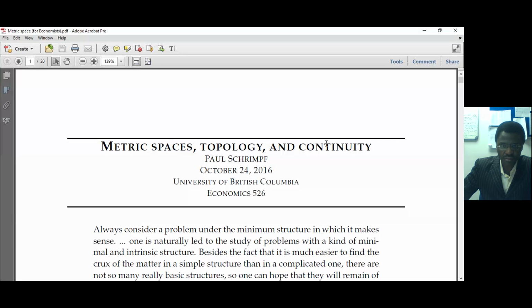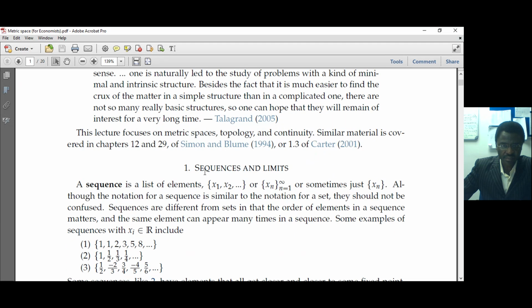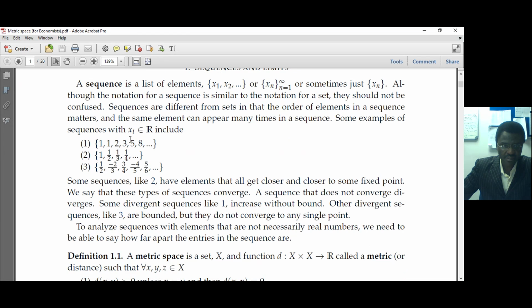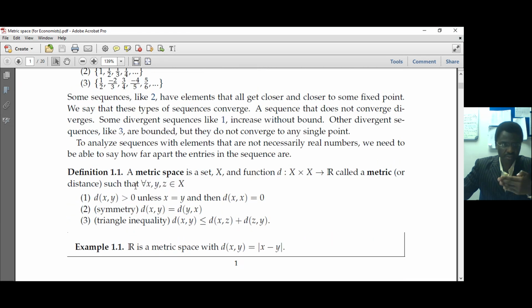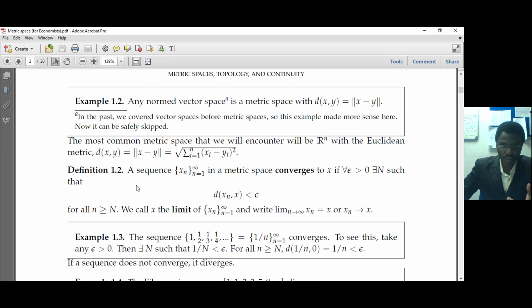Metric spaces, topology, and continuity. This is a 2016 note from University of British Columbia, Economics 5 to 6. So in this economics class, they are covering sequences and limits. And I think that for you, please read just 20 pages. Try to read everything. There are things that you will not understand, obviously. But the most important thing here for you,